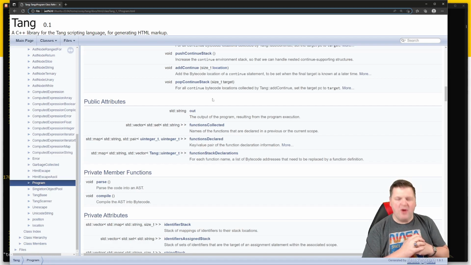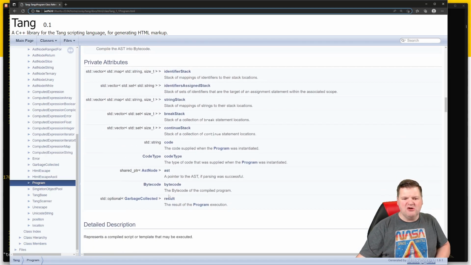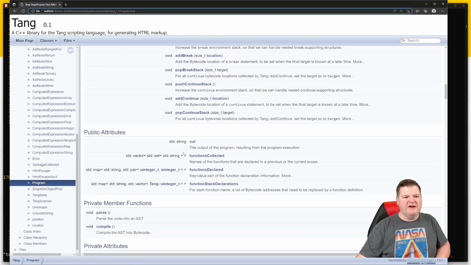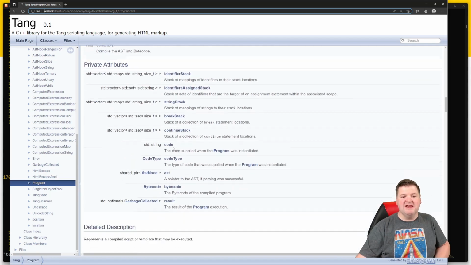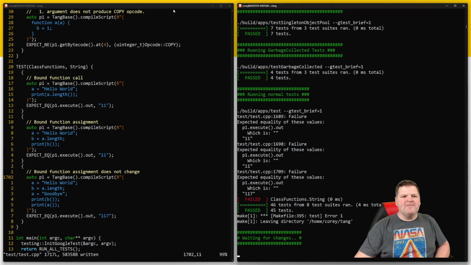Don't know in the real world how practical that's going to be, but I started off this program with that intention. However, we're not actually passing on that reference to the base class into the program, and we need to do that. We don't have any private attributes that are storing it, and we don't have any public attributes, I should say, either. So, what are we going to do? Well,